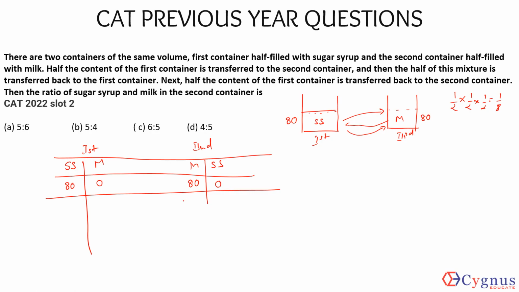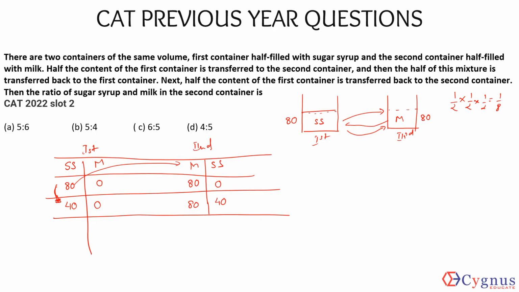Half the content of the first container is transferred to the second container. So I'm going to transfer half of this here. That means after the first transfer, I'll be left with 40 liters of sugar syrup, 0 of milk in the first container, while the second container will have 80 liters of milk and 40 liters of sugar syrup. This will happen after the first transfer. Yes or no? Now you need to transfer